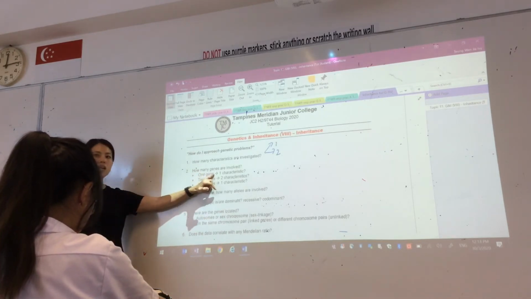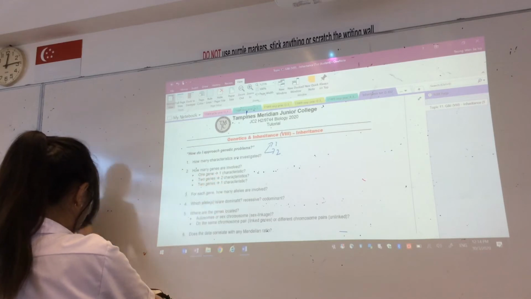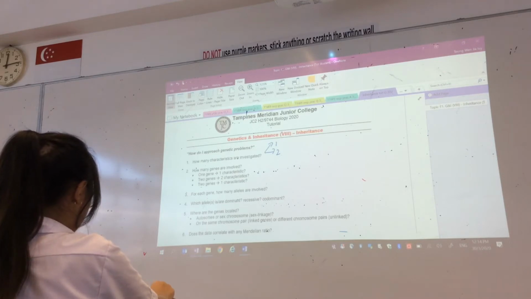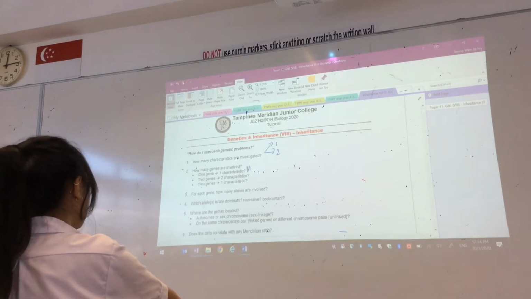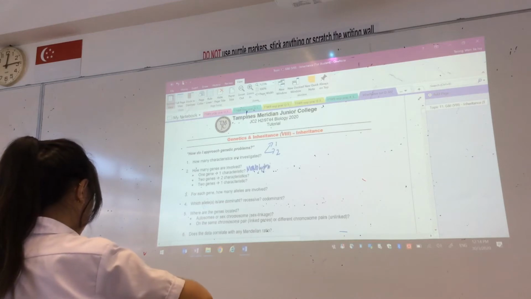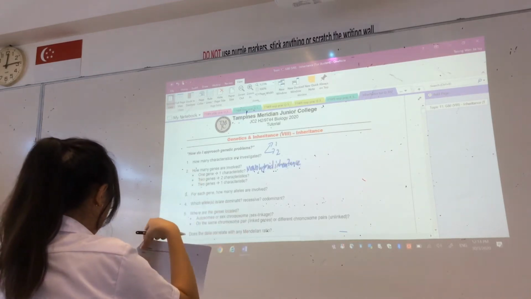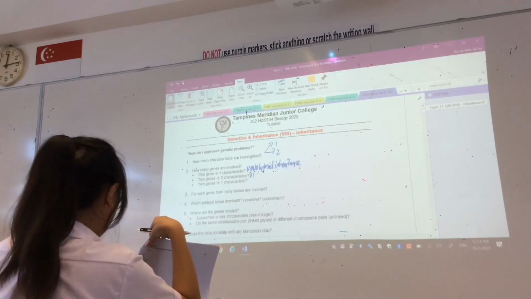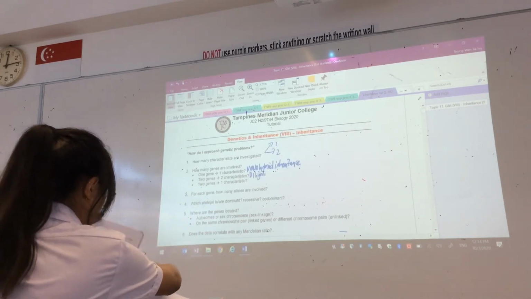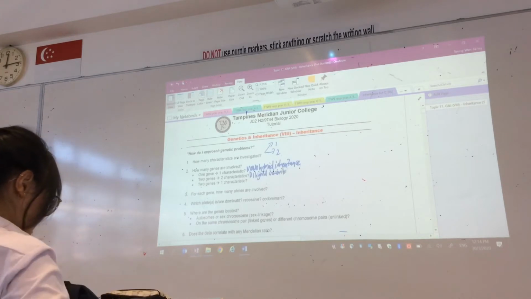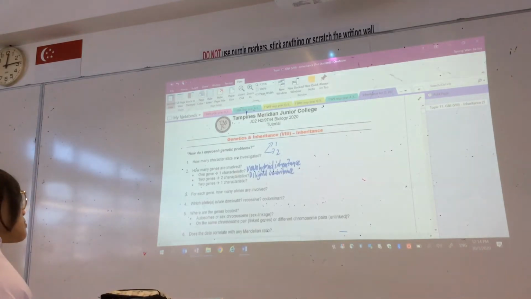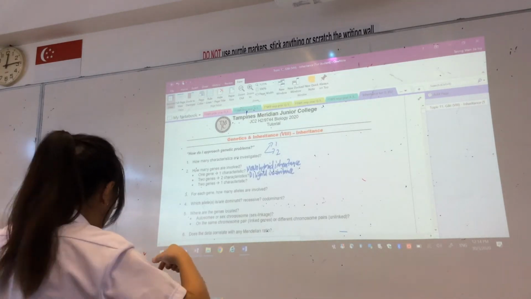So over here, if you're looking at one gene that's controlling one characteristic, what is the inheritance? What is it called? One gene controlling one characteristic is called monohybrid inheritance. If it is two genes controlling two characteristics, dihybrid inheritance. If it is two genes controlling one characteristic, it is